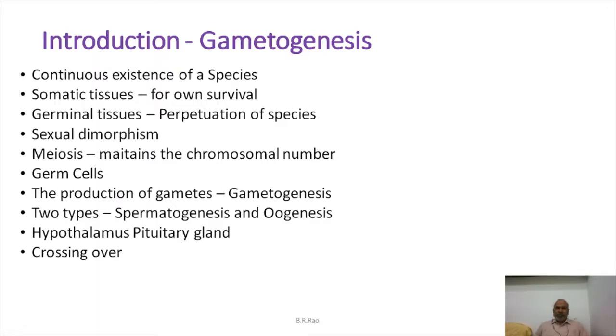Gametogenesis is of two types. One is called the spermatogenesis, in which the sperms are formed, and the other one is called oogenesis, in which eggs or ova are formed. Okay, so